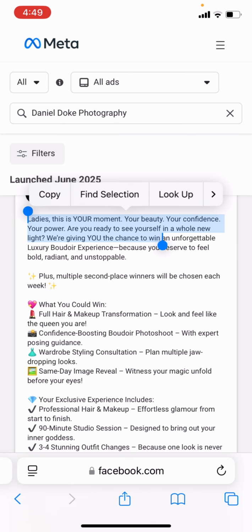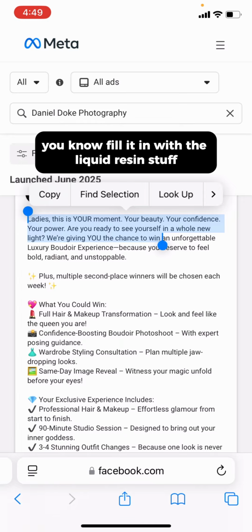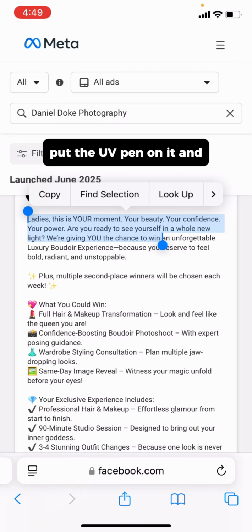Didn't eat dinner. Can't focus. Can't sleep. So we go in. They check us out. Oh man, super cavity. So they go in. They clean it out. Fill it in with the liquid resin stuff. Put the UV pen on it,